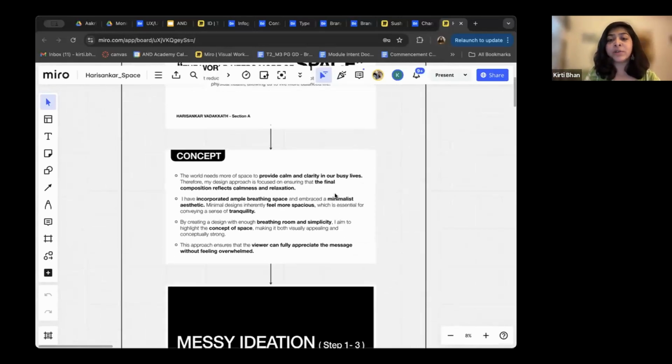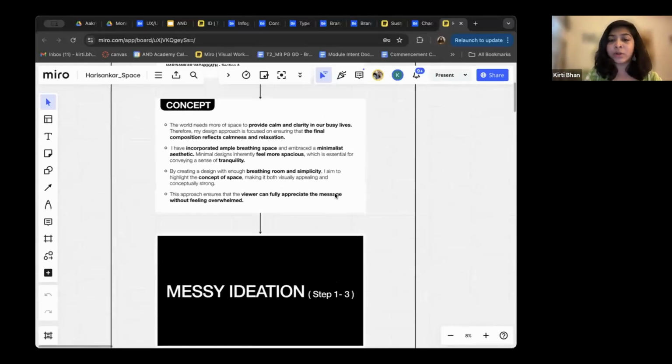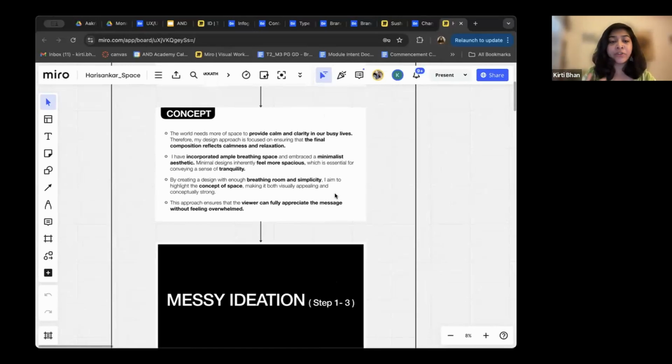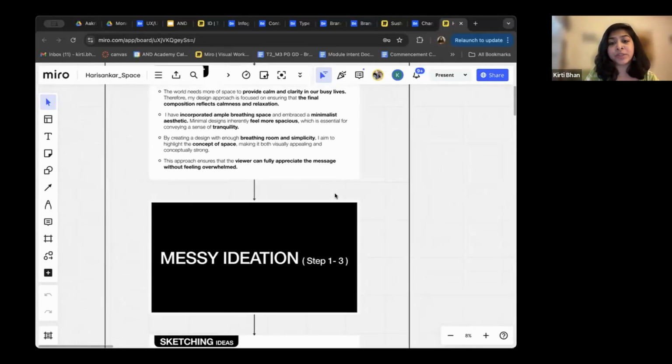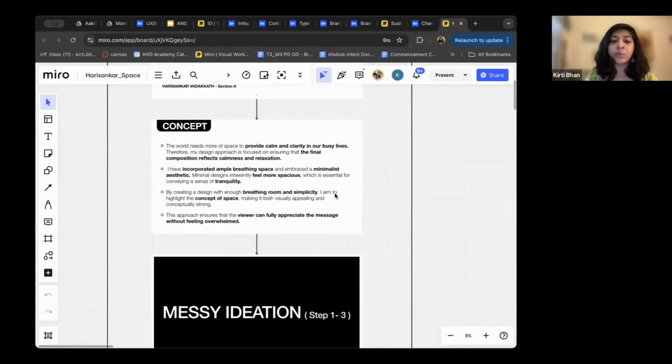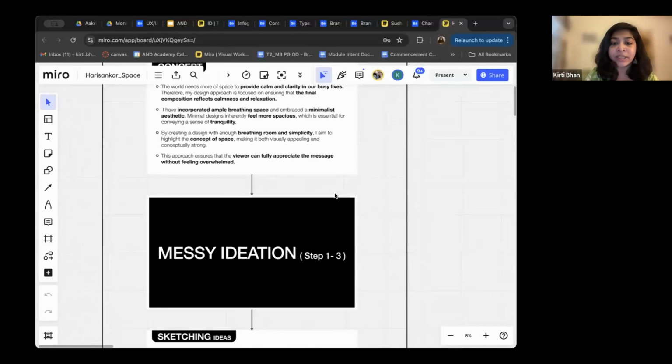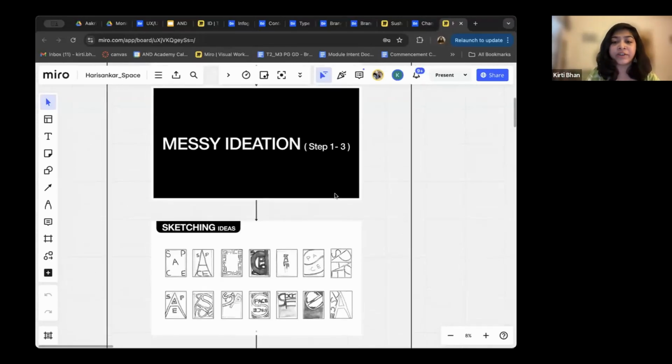It's not that you choose a word and you just go with it. No, you also have to develop a concept, and your visuals are dependent on it, in alignment with the concept that you're choosing. What kind of mood, what kind of type you want to use, what kind of colors they will be using, what would be the feel of it, the mood of it, the vibe of it.